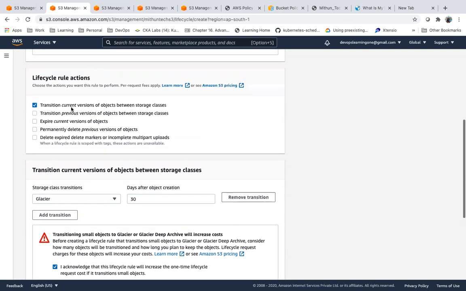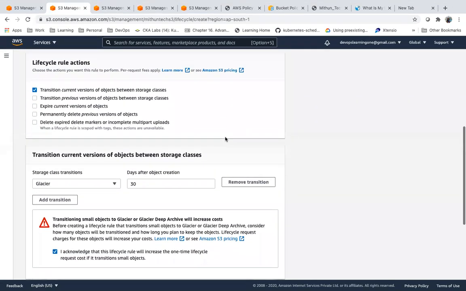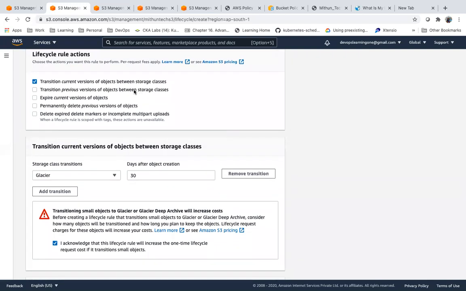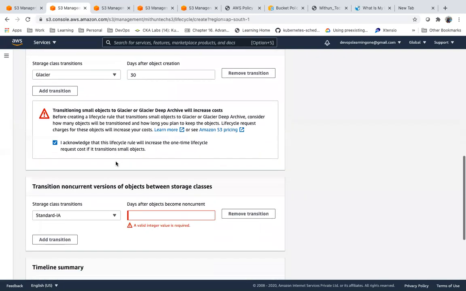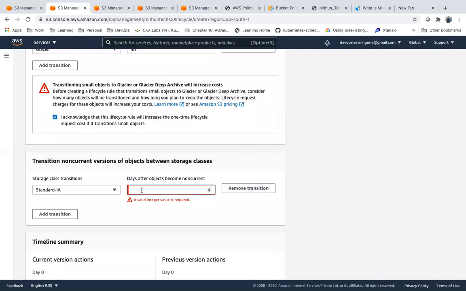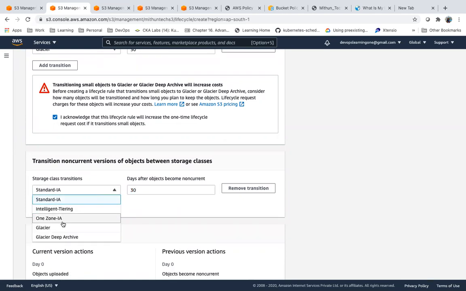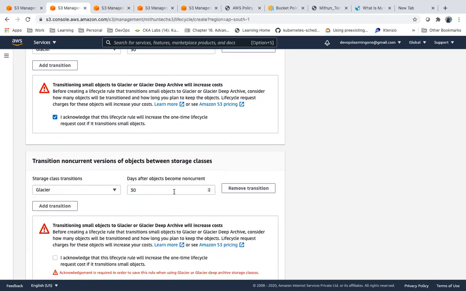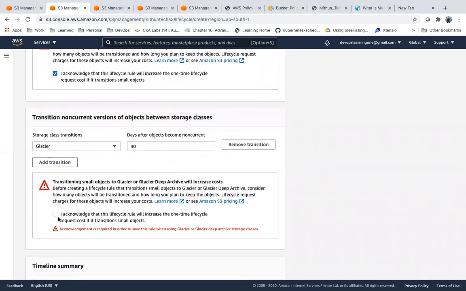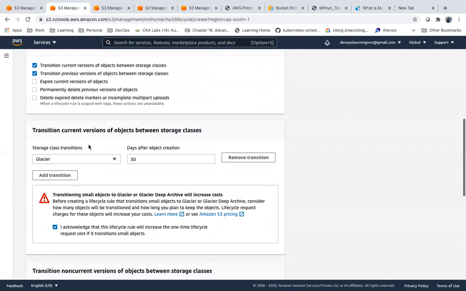This is for the current version. Now, if I want to define a rule for a previous version, I can select this option. Again, previous version, something like this. You can directly move to Glacier based on your requirement. This is for the previous version.